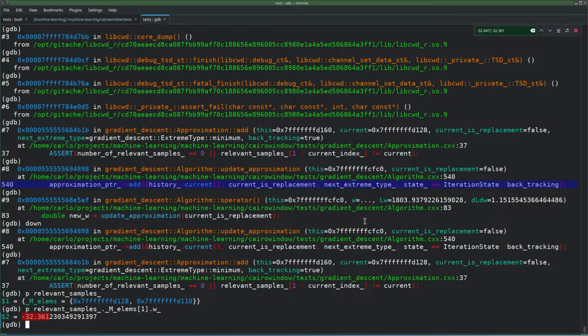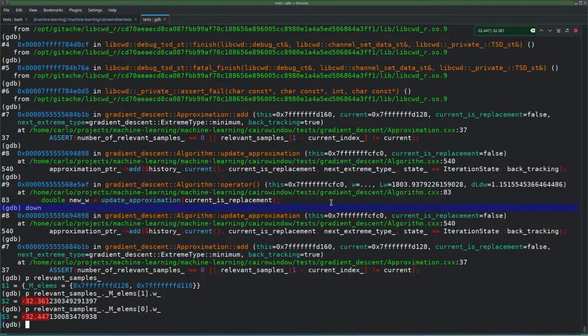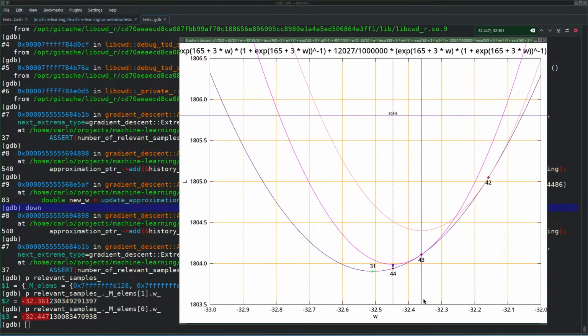What about the other one then? Minus 33.447. That would be that one. So I missed it. Neither of these two are going through 44, so